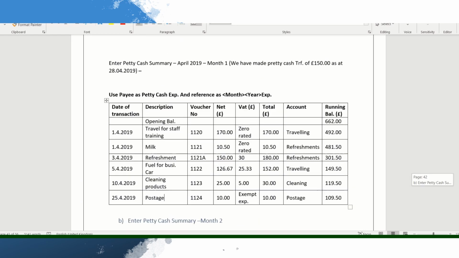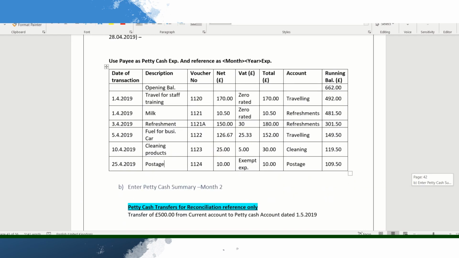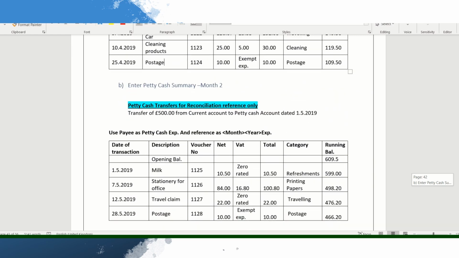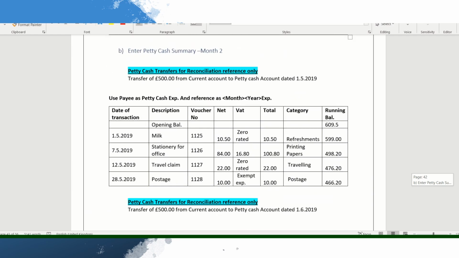Now, if you go ahead and complete the similar task for May 19, which is from 1st April 19 to 31st May 19, there are 4 transactions, as you can see. You can see here the transfer of 500 pound every month has gone from business current account to petty cash account, but you don't have to transfer that because it's already been picked up via bank statement. So you are not transferring that money again, but just to make sure that when you enter the May 19 transactions, the end balance must be